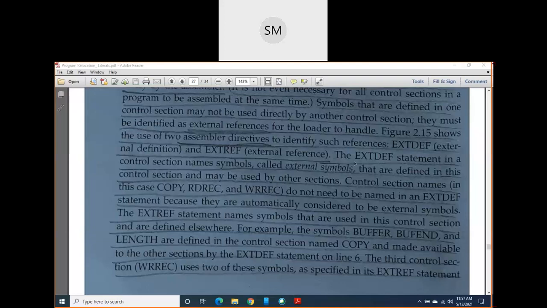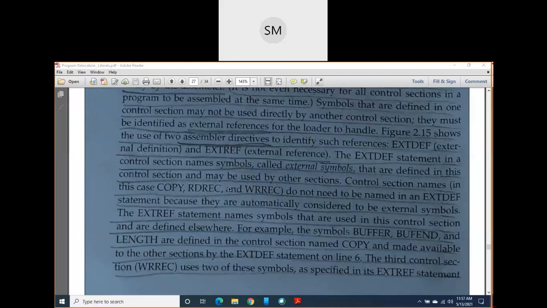To define the different external symbols, we have one assembler directive, external reference. The control section names in this program, copy, read record and write record, do not need to be named in an external definition.